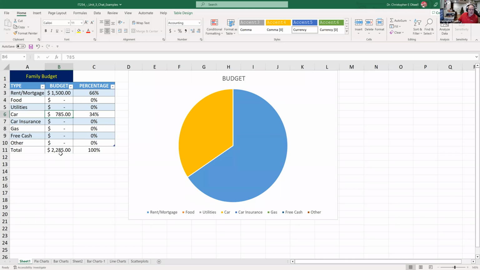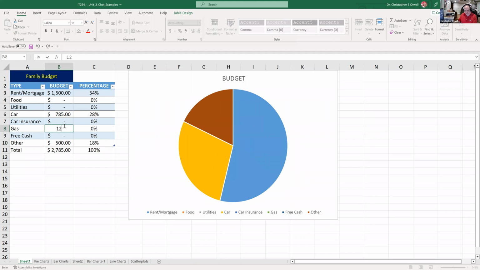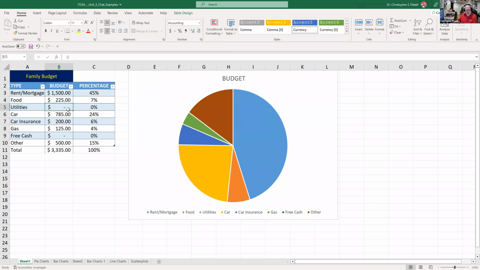So for people who live on a budget of say $4,000 in the end, roughly, their total, now let's just make this 500 here. Make this 125 a month. Car insurance would be say 200 a month. Food is $225 a month typically. Utilities is like $175 a month, which generally also includes cell phones and water. So if you have to live within a budget of say $3,000 a month,